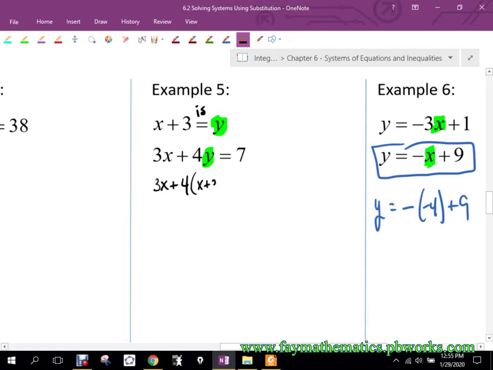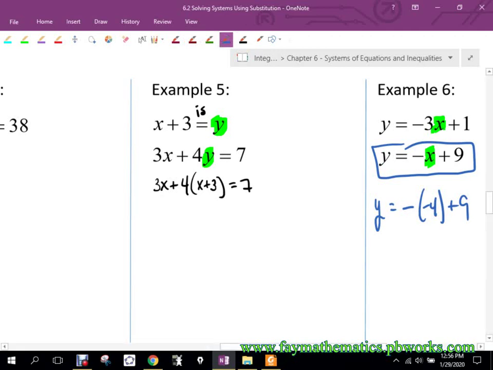X plus 3. The only thing that I want to caution you on, and we said this earlier in the year, so this should be just a reminder, when you substitute into another equation or another expression, always put what you're substituting in parentheses. Okay? Sometimes you need them, sometimes you don't. But if you've got them and they're extra, they won't hurt. Does that make sense? But if you don't have them and they're needed, it will hurt. So if you always put parentheses around what you're substituting in, you're going to be doing a safe practice that will always provide you the correct